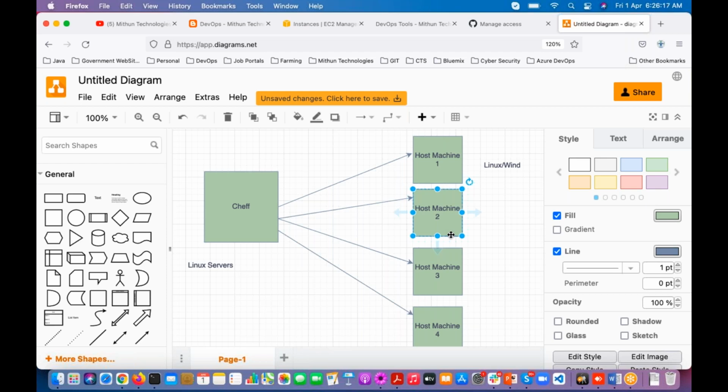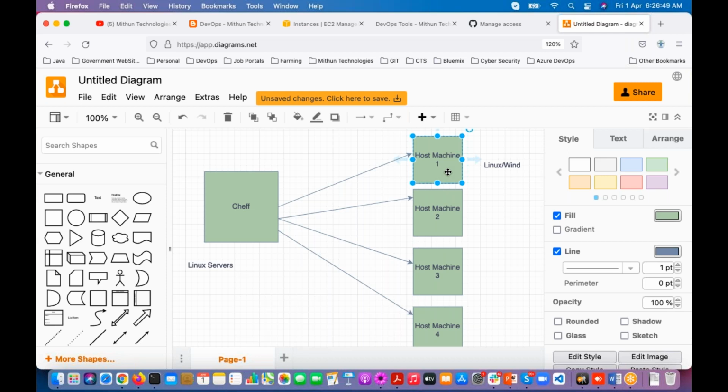What is the problem if you install this agent? See, some banking applications, suppose assume in this server we have deployed a banking related application. They are not allowing us to install any third party software. Third party software means some software like Maven.